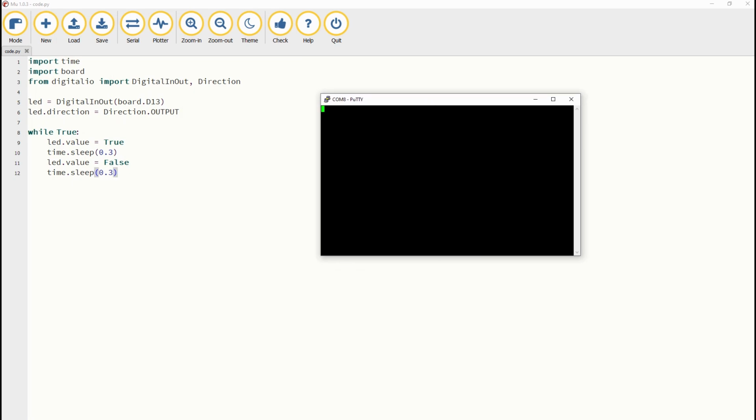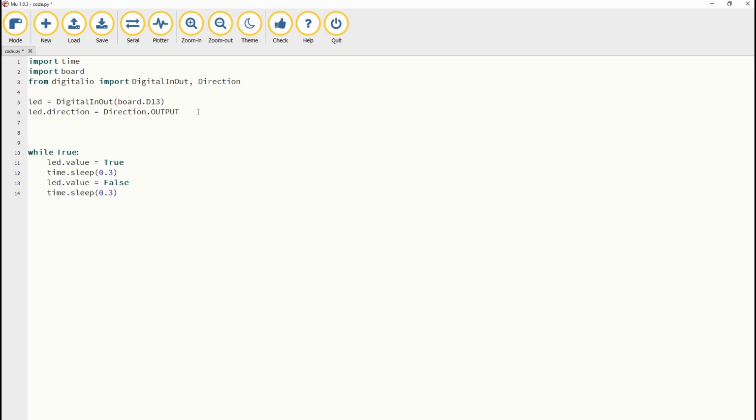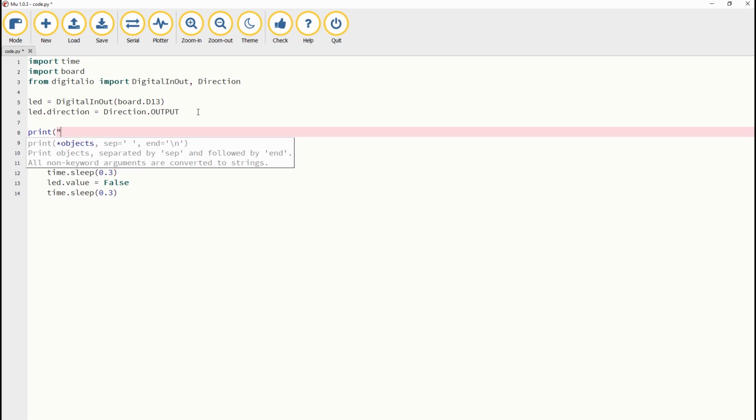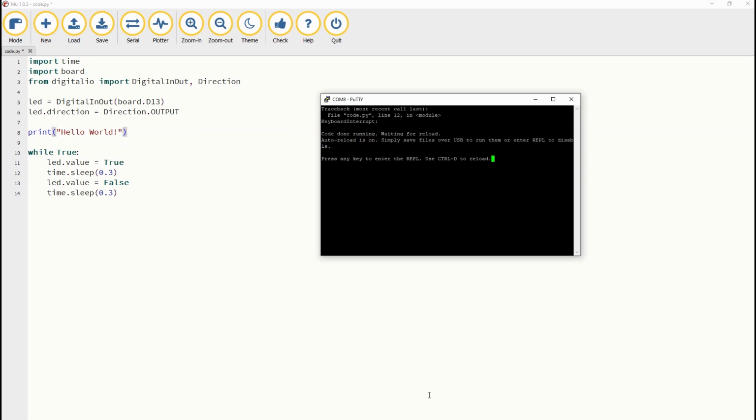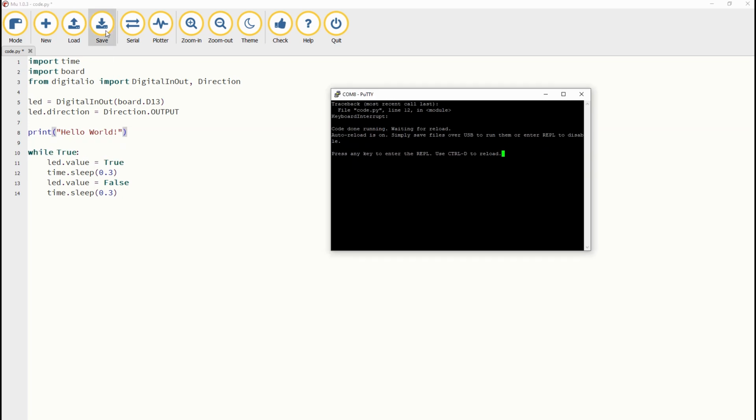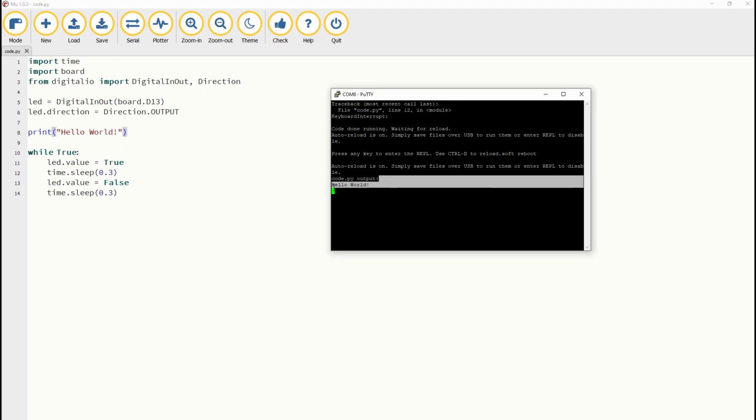We press Ctrl C on the keyboard to stop the execution of the Blink program and we can see the Xiao board is printing some text on the serial connection. Cool. We can modify the Blink program to write something to the serial in order to see that everything is working as expected. We are going to use the command print in order to print a hello world message. We press Save and at once at the serial monitor we can see the hello world message printed. The Arduino Xiao is now ready to be programmed with CircuitPython.